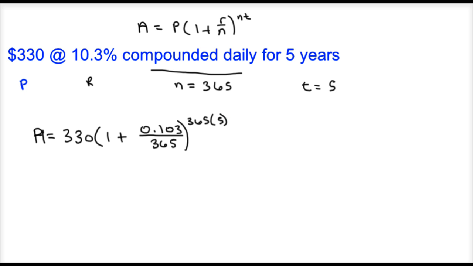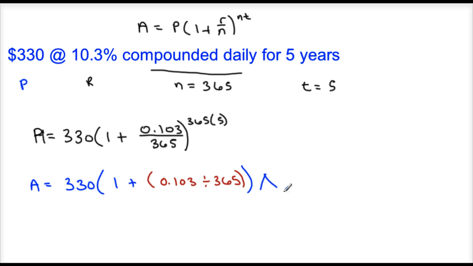Okay. Putting this into my calculator, A equals 330 times the quantity, 1 plus the quantity of 0.103 divided by 365, close parentheses